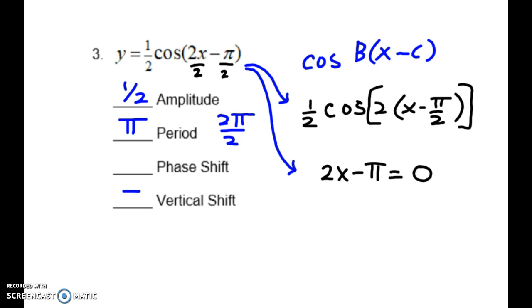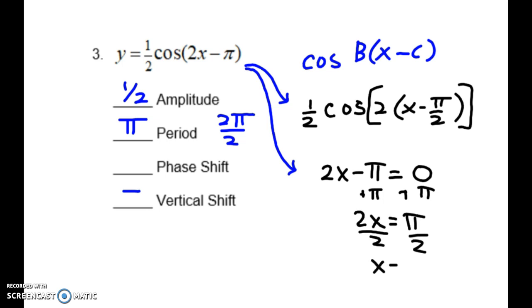Because our phase shift will be whatever x value I could plug in to make that equal to 0. So if I took what's inside the parentheses and set it equal to 0 and solved for x, 2x equals pi, divide by 2, x equals a positive pi over 2,